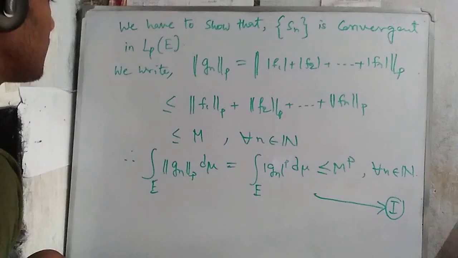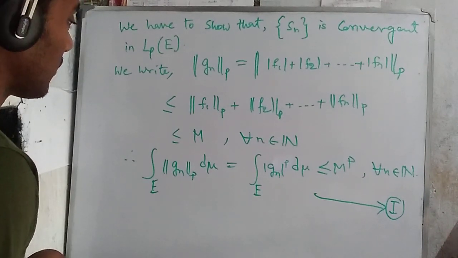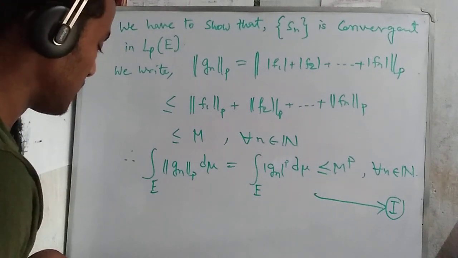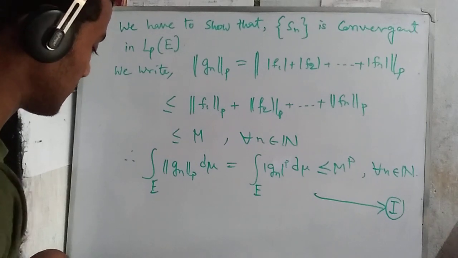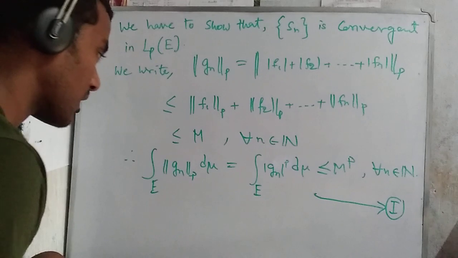I understand. I think not a problem at all. Okay, g to gn to the power n, then this one is less than equal to m to the power p. Okay,